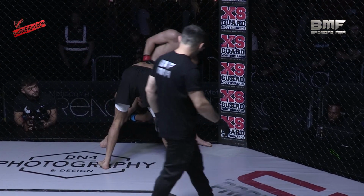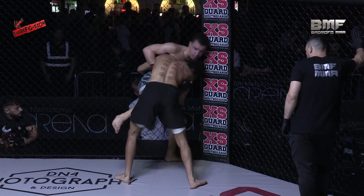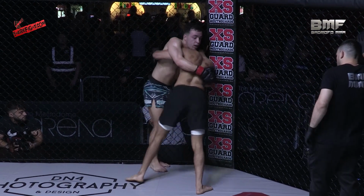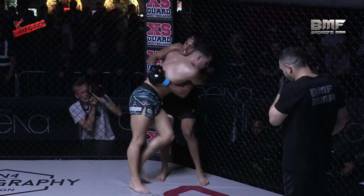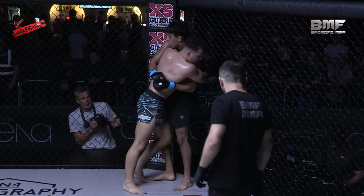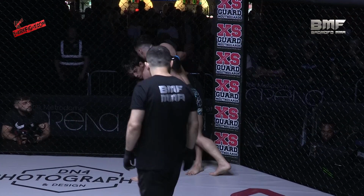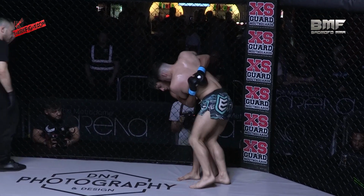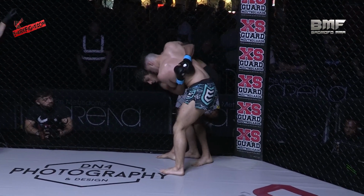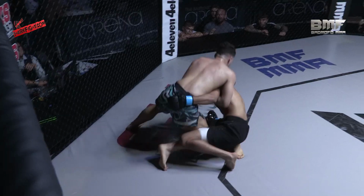Let's see how much Zamaan's got left and how much he wants to secure this takedown. Again, good work from the higher level man there. Yeah, defensively, Whitelaw has been sound throughout this fight. There's another knee to the midsection. Zamaan looking to try and turn his man, but no. Yeah, nice knees to the body, exchanged by both fighters. Oh, tried to, yeah, got a little...